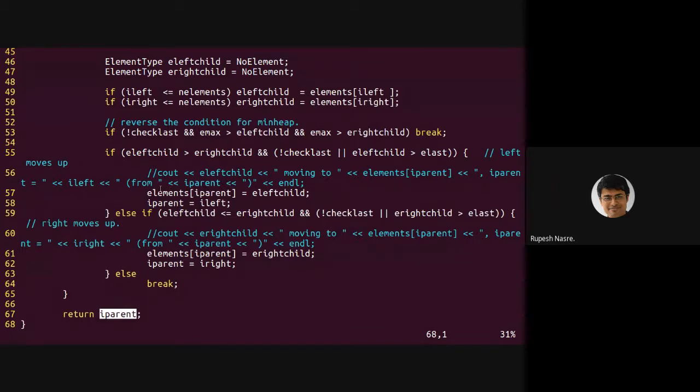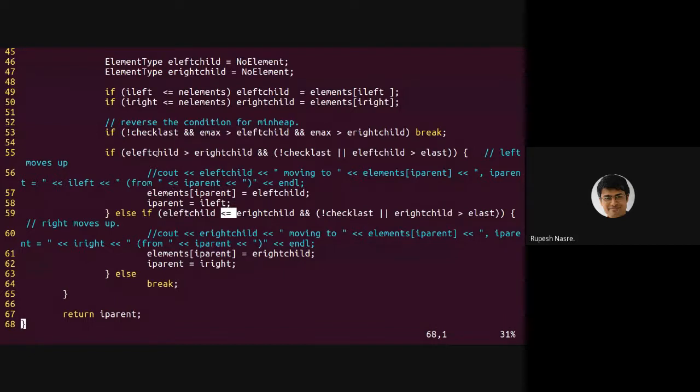Otherwise, if I'm not breaking out, then I check which is the larger of the two. So E left child is greater than E right child? Otherwise, well, I'm using less than or equal to, but it should be less than if I'm talking about unique values.